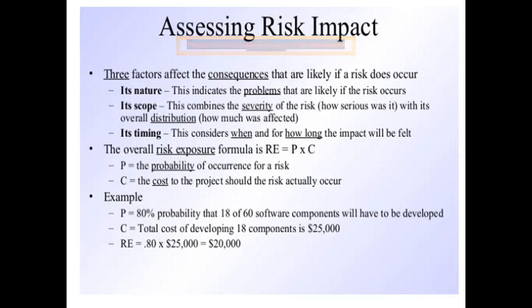Now, how are we going to calculate the risk exposure? The risk exposure RE is equal to probability times cost, P into C. So P is given as 80%, and it is multiplied by the cost, and you will get the risk exposure. Again, the unit here is dollars, or rupees, or whatever we are considering. So for RE, risk exposure, the unit is dollars.